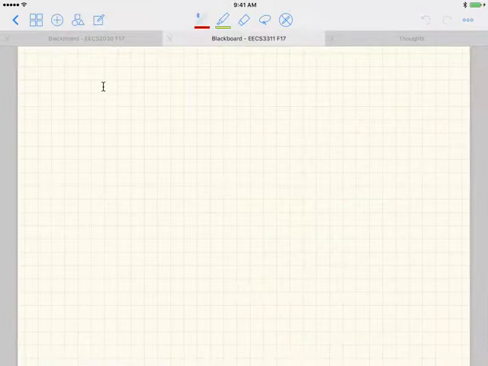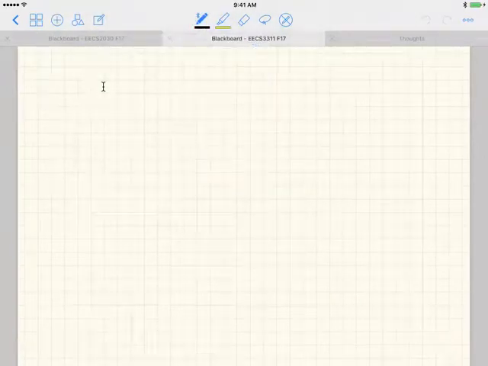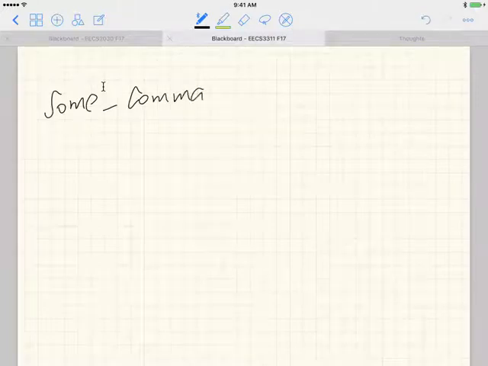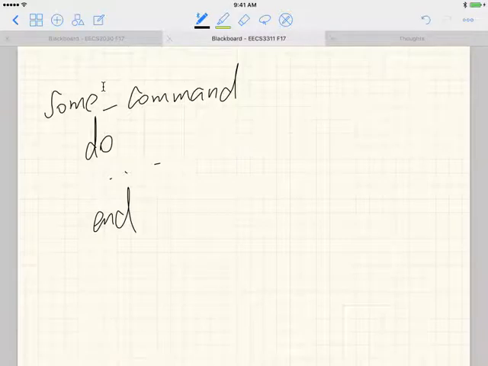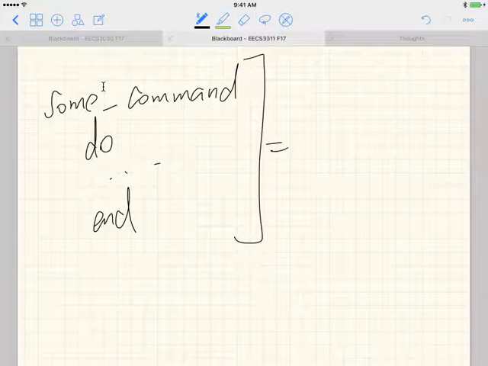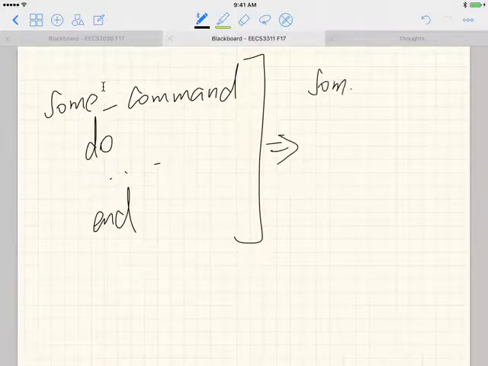Let's say I have a feature over here, let's say command. I'll say some command. I say do something over here and end. That would be the simplest command you can write. You can see there's no require, there's no ensure. However, this is a very bad feature because you are not trying to write any contract. But let's see what that really means. This really means the following. Some command,